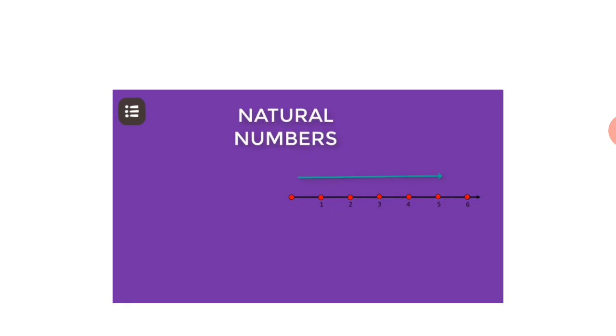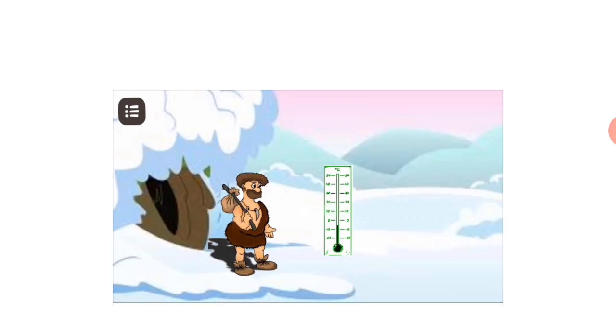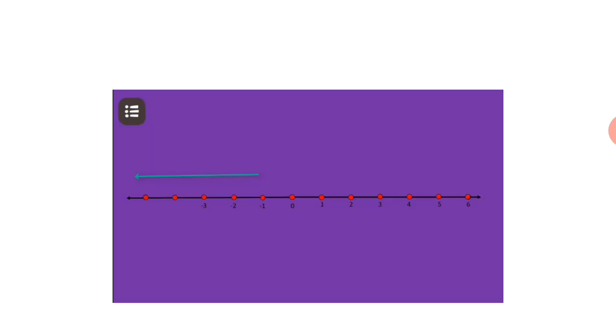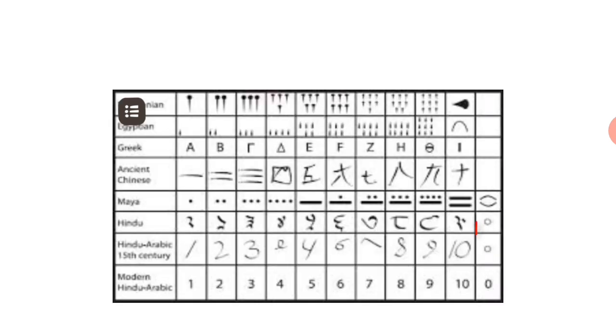What happened there? Yes, a very cool place. The temperature is very low, so -1, -2, -3. On the left side you mark -1, -2, -3, -4, -5. What is represented here? As 0.